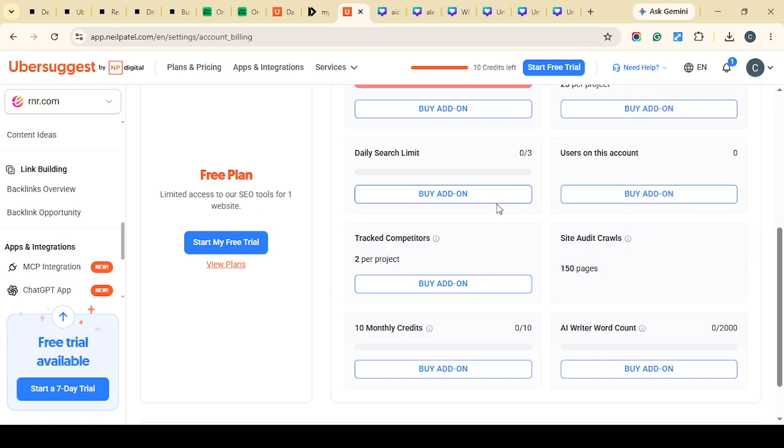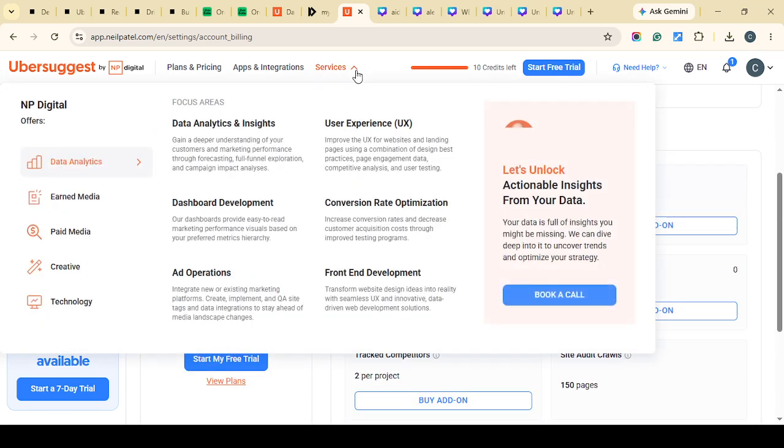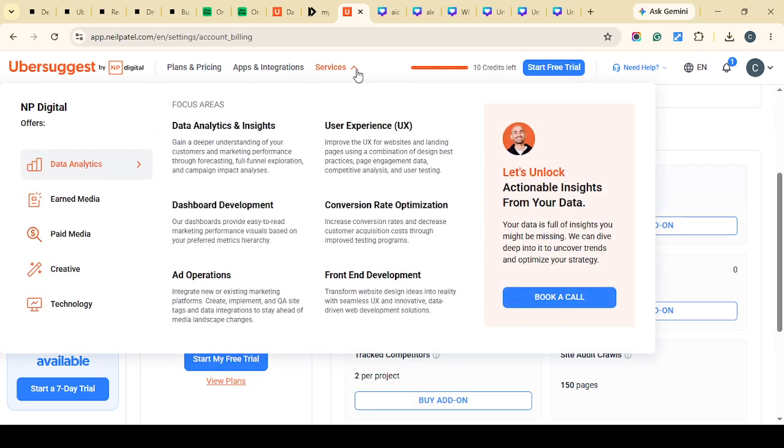Finally, if you do not want to continue into a paid plan, make sure you cancel before the 7th day ends. This is very important because trial subscriptions often convert to paid billing